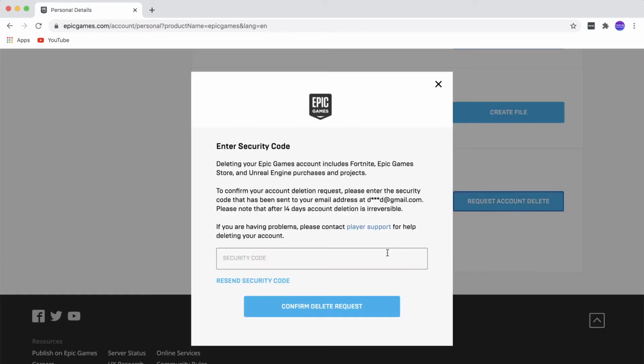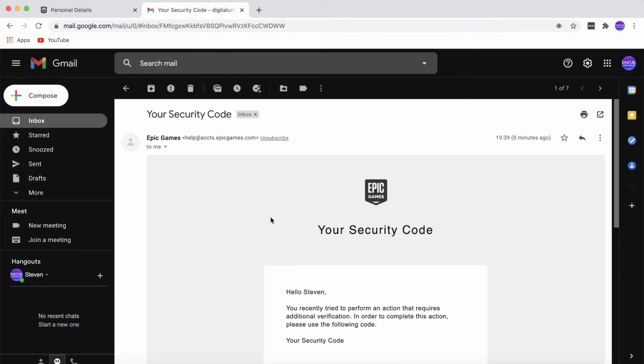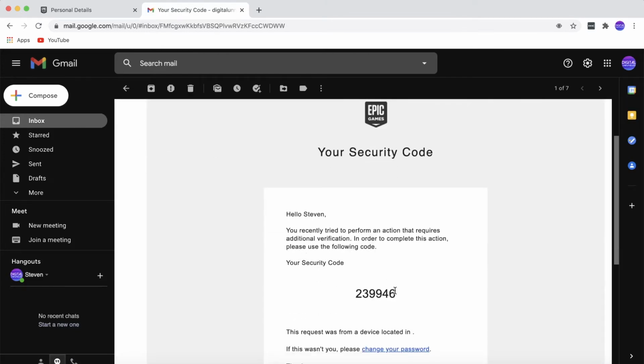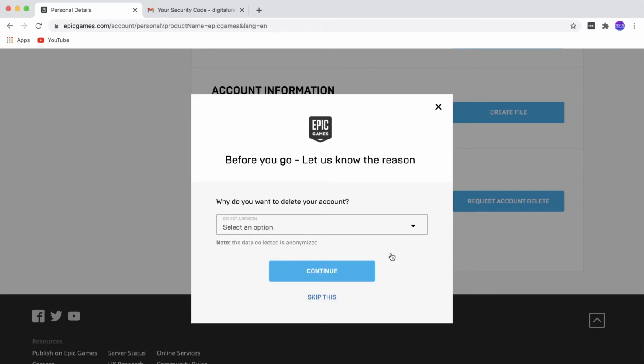Click on that. Now they've sent a security code to my email address associated with my Epic Games account, so I'll need to go ahead and enter in that code. So here's the email from Epic Games with the security code. I can click on that, and here's the code, so I'll just copy this, go back to Epic Games, enter in the security code, and then I'll click on confirm delete request,